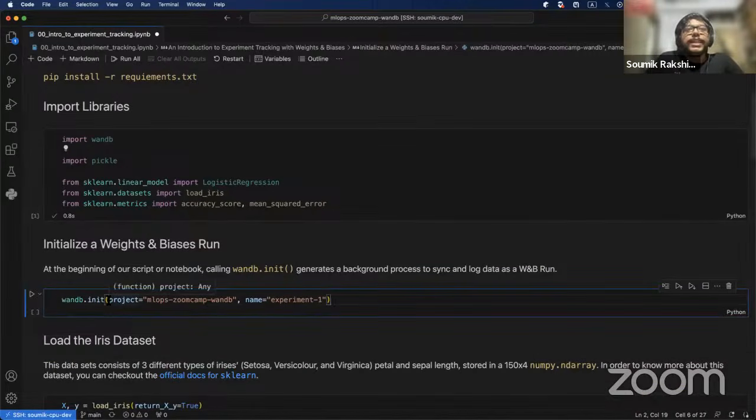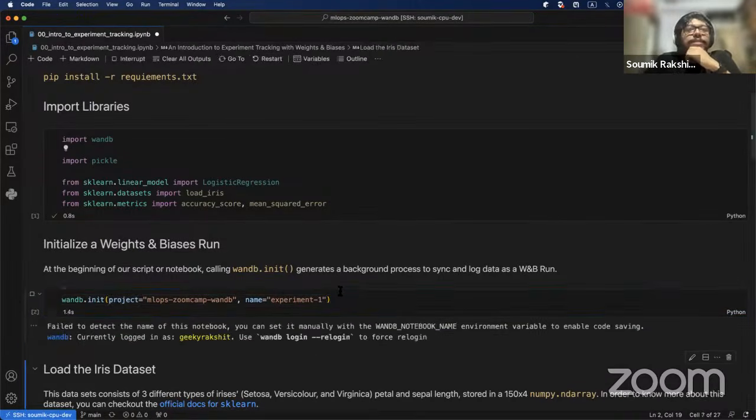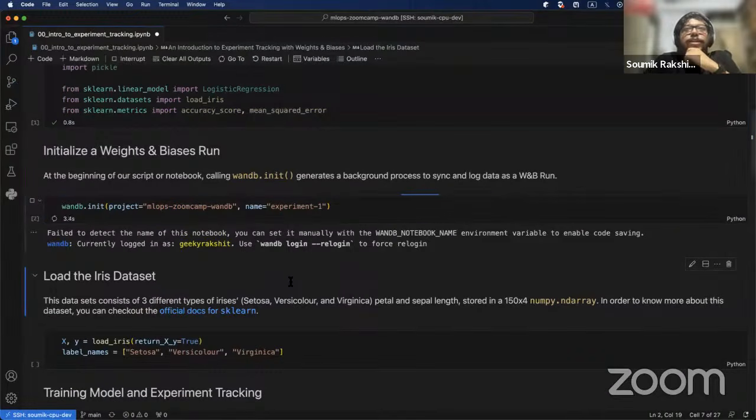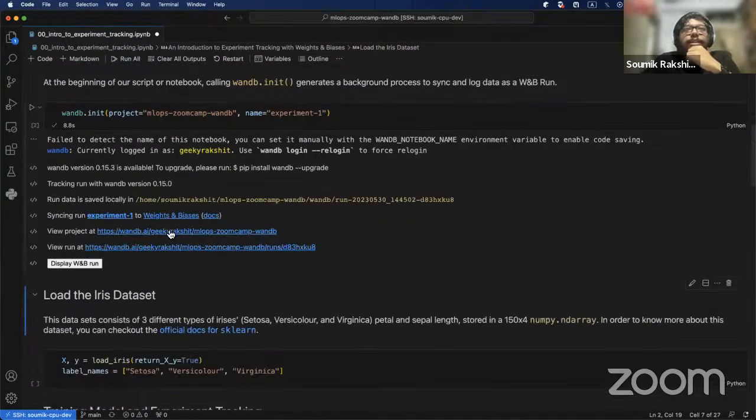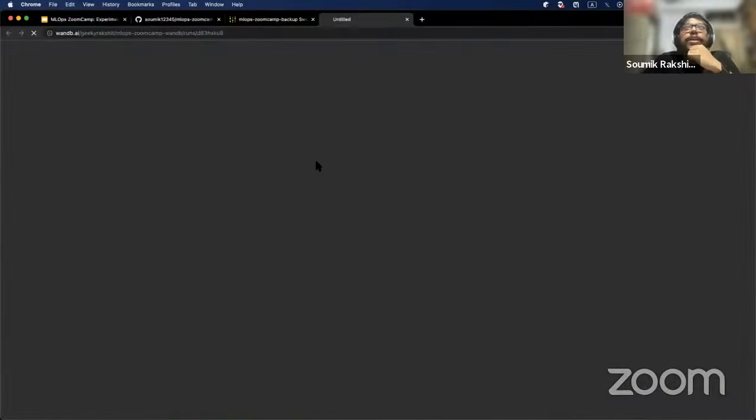What I'm telling wandb.init is the name of my wandb project, and the name of my experiment, which is experiment 1. If I initialize this, it would automatically create my project and create the run itself. You can see it has already created the project and the experiment itself. And if I go here, I can see